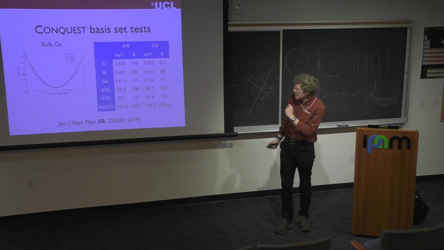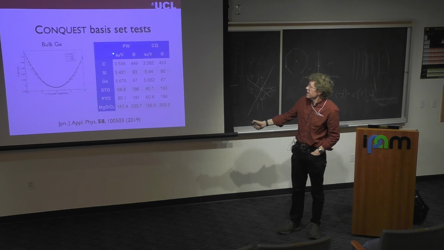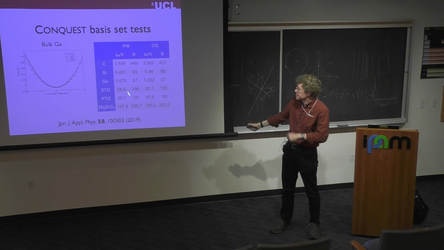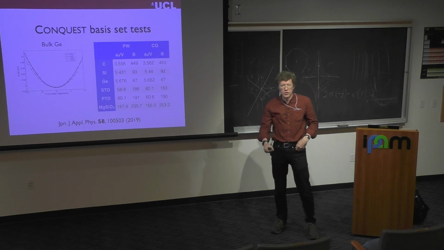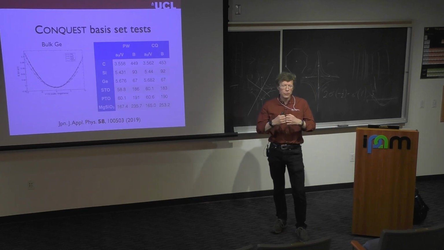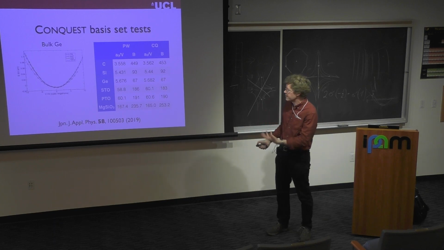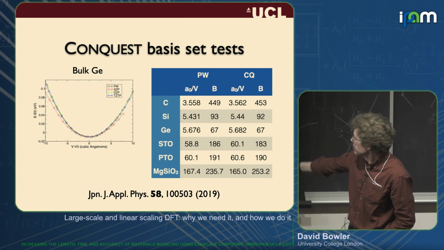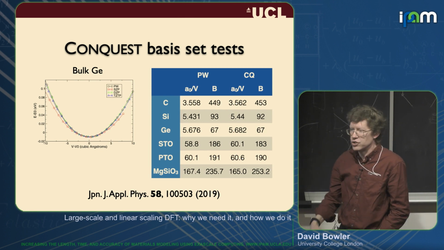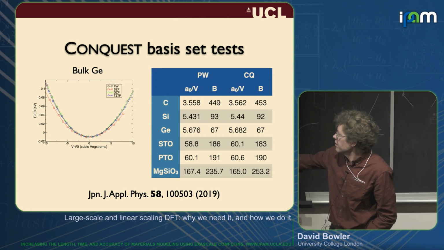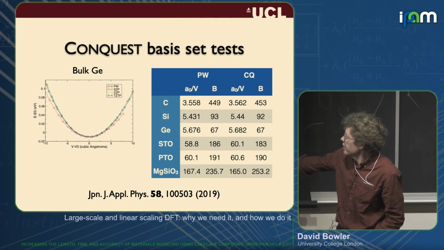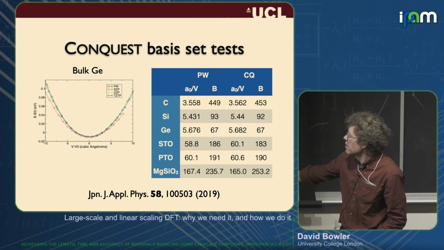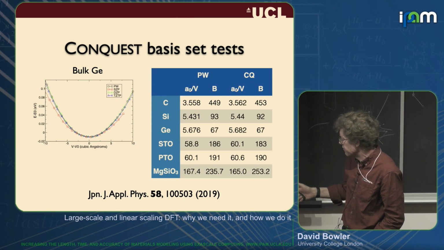So let me show you some results. So these are tests of triple zeta, triple polarization in the table. So that's the full big basis set versus Quantum ESPRESSO using the same pseudopotentials. Okay, so there's no difference in the pseudopotentials. It's all the same. And there's lots of numbers here, but basically what you should be able to see is that the plane wave numbers and the PAO numbers are essentially the same. And you can see on this graph that, not surprisingly, a single zeta polarization basis set is useless, but going to DZP and TZTP reproduces the binding energy curve of bulk germanium very nicely.